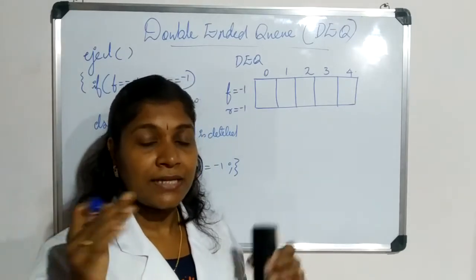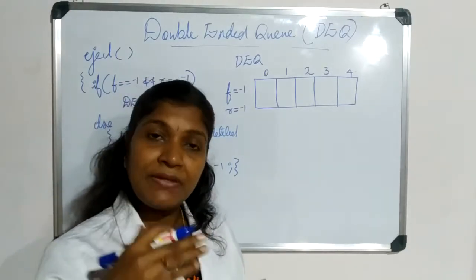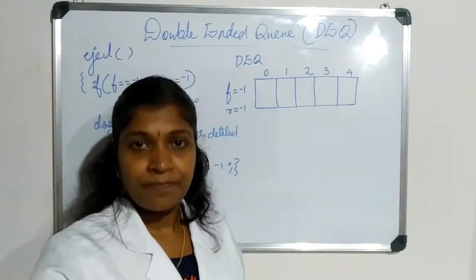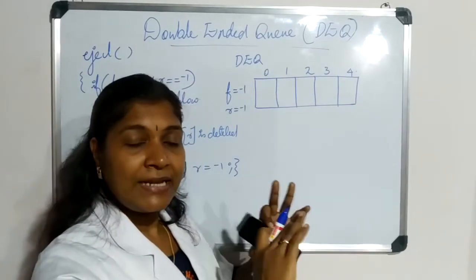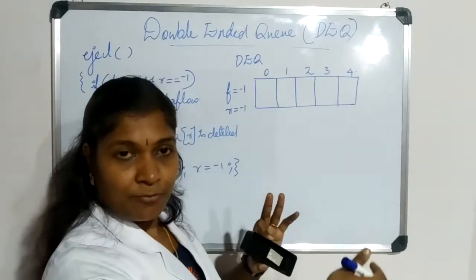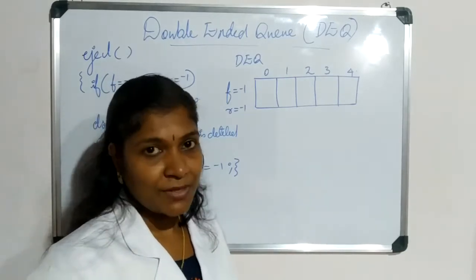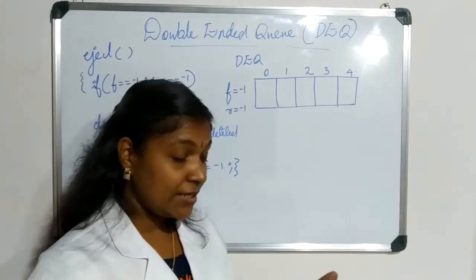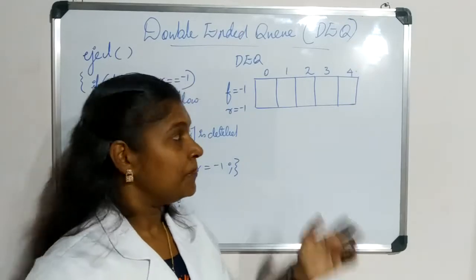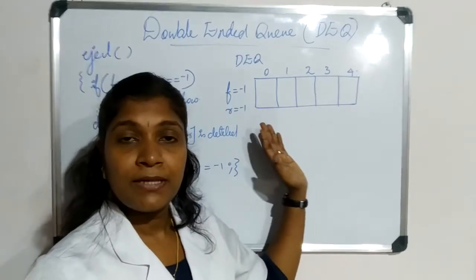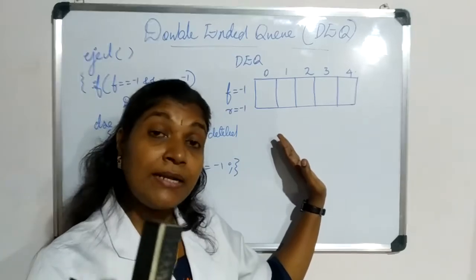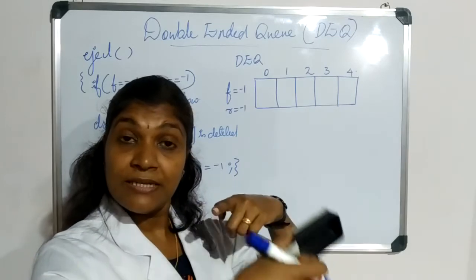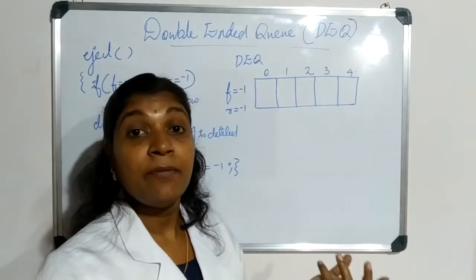So always compare our operations with real-time examples. Then only it will become very easy to recollect. If we are able to correlate those real world examples with our program, it is very easy to code. Okay, so keep that in mind. So the first condition, in any deletion, either it is DQ or ejection, if we want to perform a deletion of an element, at least one element should be there. So if we want to perform a deletion, you check just the reverse of that, that is whether that queue is empty or not.